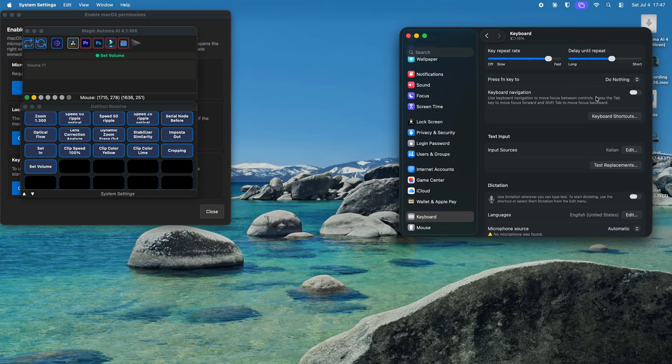To recap, grant accessibility and input monitoring right away. Everything else when you turn the feature on, and restart the app if something doesn't start on the first try. Your Mac is ready. In the next video, we'll take a tour of the